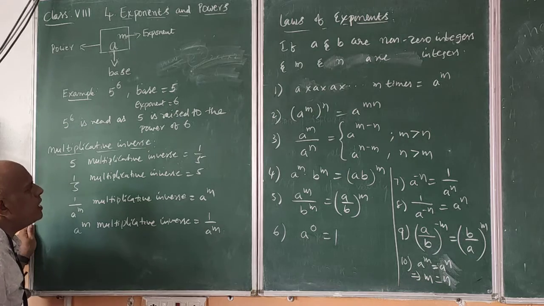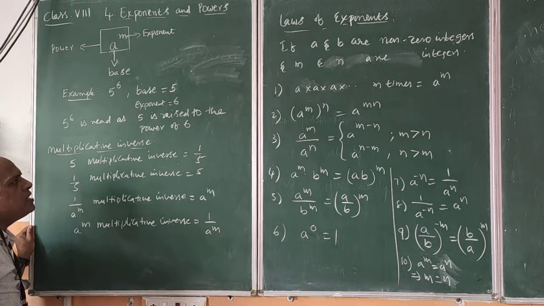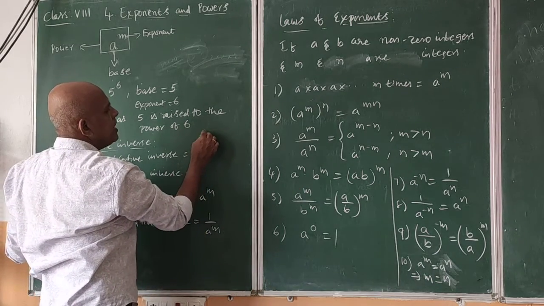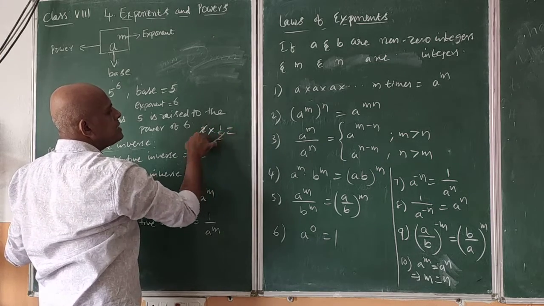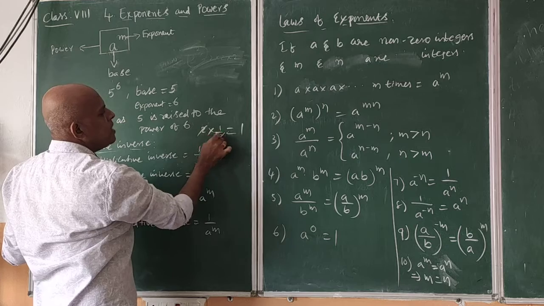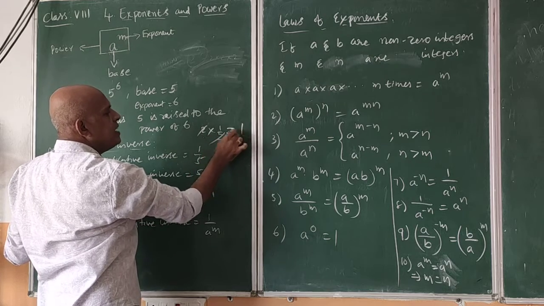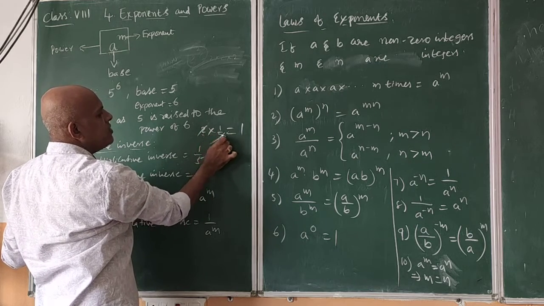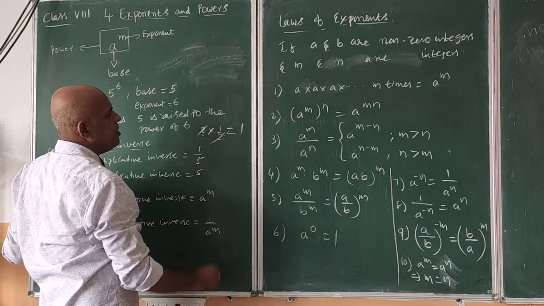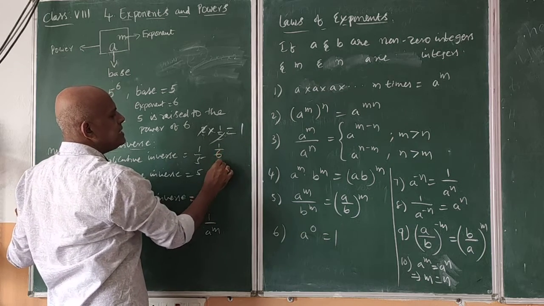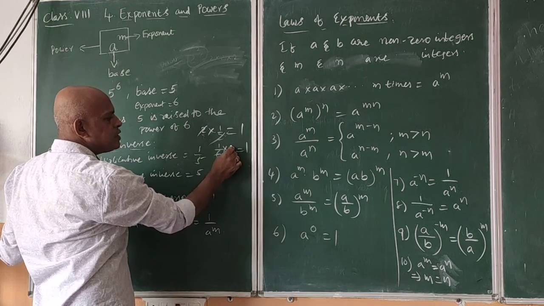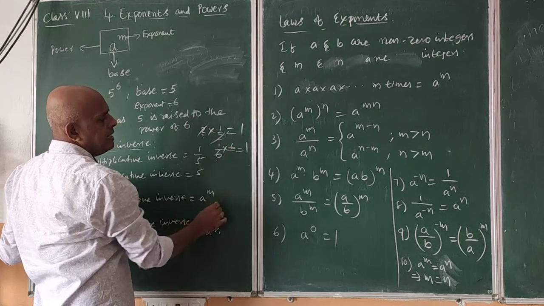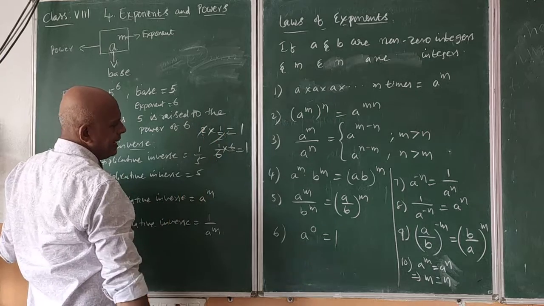And next we move to another concept here, multiplicative inverse, which we already learned in the lower class. Multiplicative inverse means when we multiply two numbers, we get 1. For example, 2 multiplied by 1 by 2, both get cancelled and we get 1. If two numbers are multiplied and the product is 1, then both are called the multiplicative inverse of each other. For example, I take 1 by 6. If we multiply 6 by 1 by 6, then we get 1. That 1 is called the multiplicative identity.